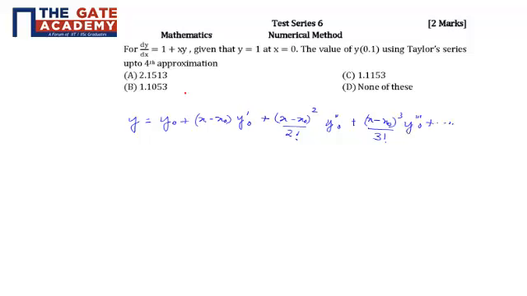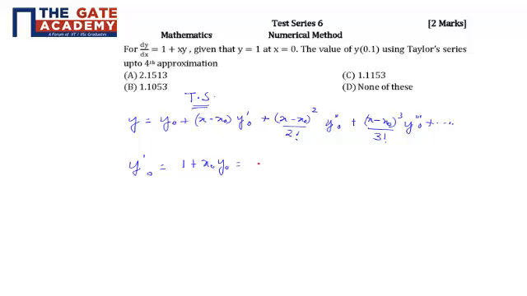This is nothing but using Taylor series. Fine. So y dash of 0 would be 1 plus x0 y0,